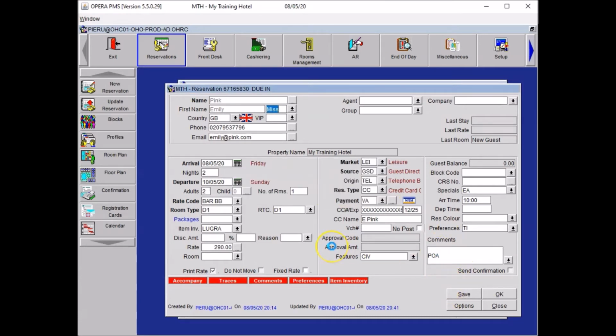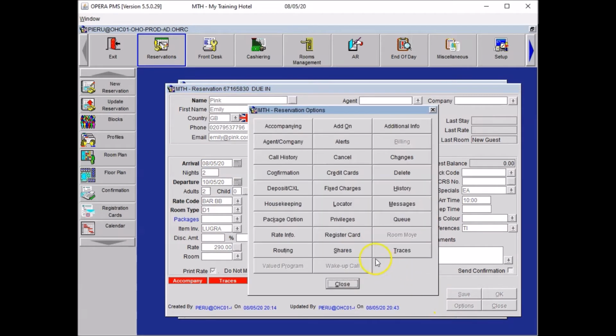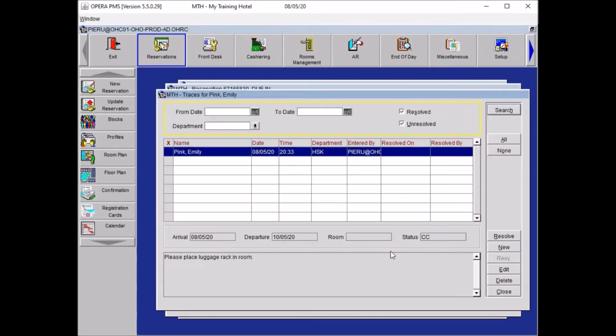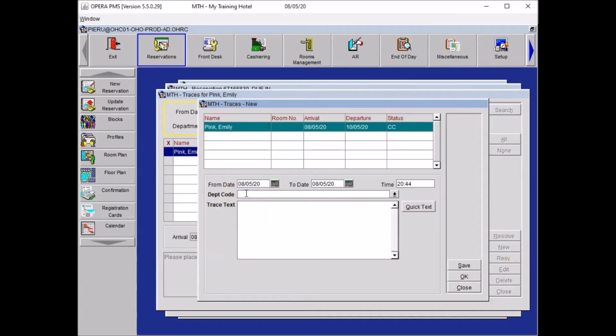Now for the XXX magazine, it's something that you should start to become confident with because we've done it several times. If you go to options, if you go to traces, if you go to new, here you will select the concierge department. So you can either click on the drop down menu. If you know the code, do like me, type it in, press tab, and here you write down the message. So please arrange Reception Academy